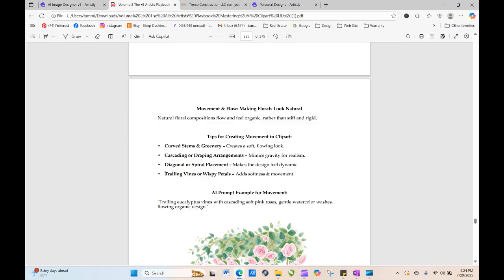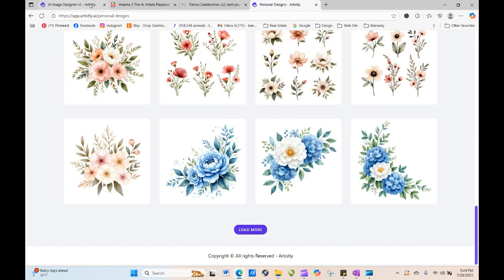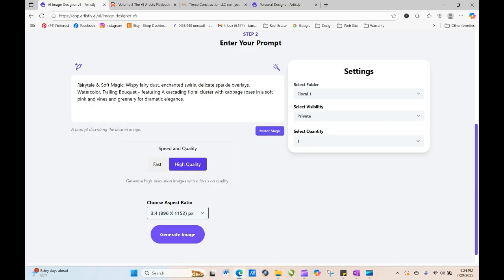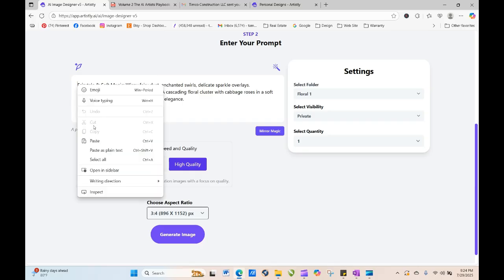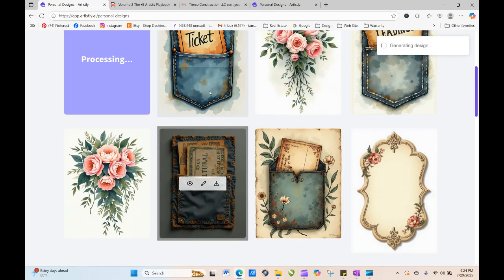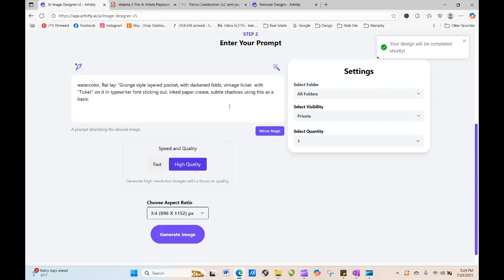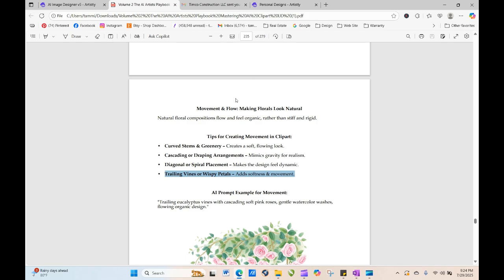Okay, I think I want to add the trailing vines and wispy petals. Okay, so add that too. Do another one. How cute is that? It's very cute. Now, we can take the same prompt and we can go into the playbook. And now we're going to be working to try and get